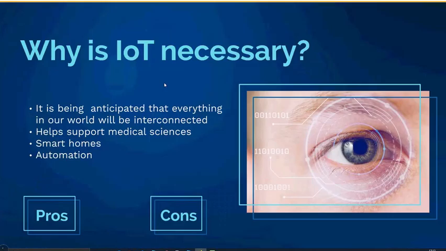It is anticipated that all the things that are around us are all going to be interconnected. As of now, all the services that we enjoy is a network of computing devices. IoT says that the scope will be expanded to physical objects and very simple objects such as lights, ACs, toothbrushes, refrigerators, and so on and so forth. This is beneficial to our lifestyles and businesses as the machineries could be interconnected and easily monitored. To get a better understanding, let us move on to the pros and cons of IoT.